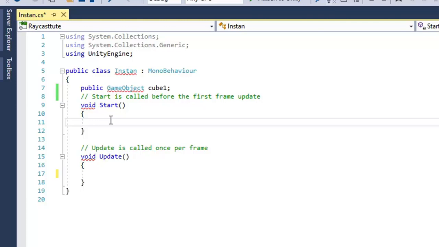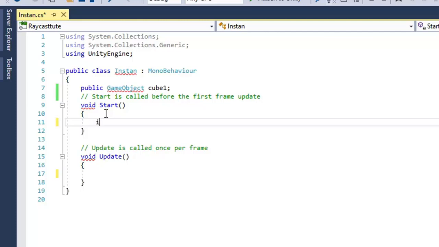So for that, whenever I start playing the game, I want to create a virtual environment automatically, and after a certain amount of time I want to enlarge or enhance the virtual environment as per the movement of the vehicle. Since I have already told you, whenever I want to initialize static or dynamic game objects at the time of the first frame, it must be written in the Start method.